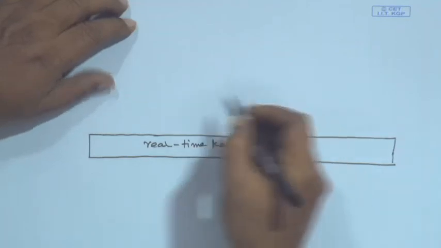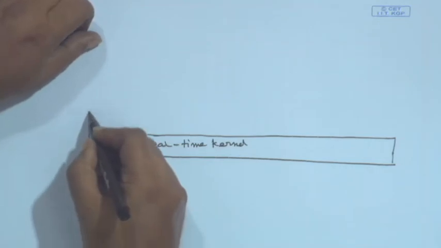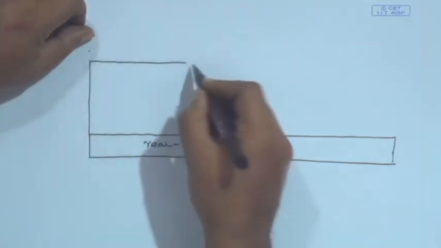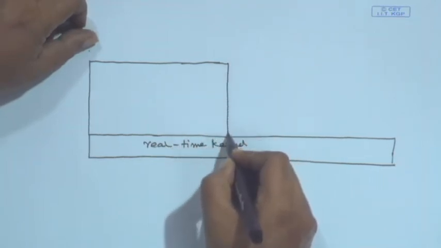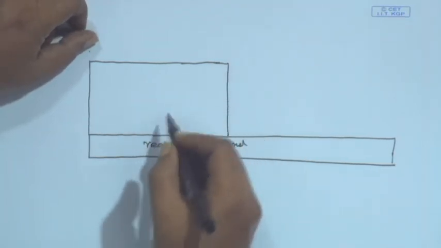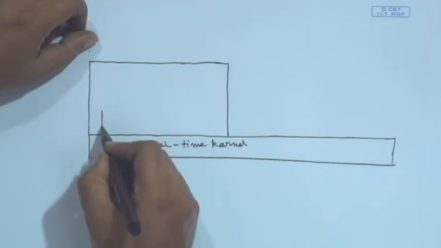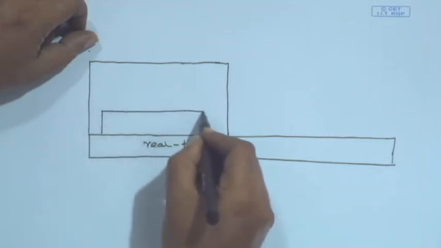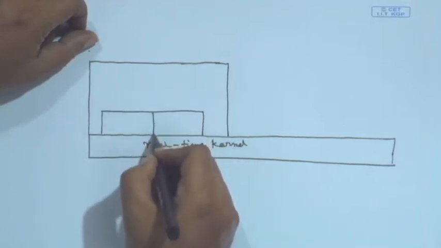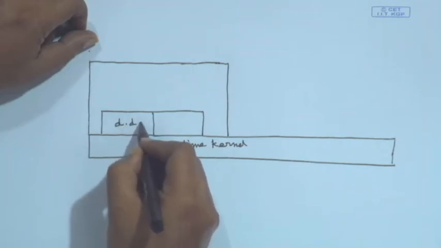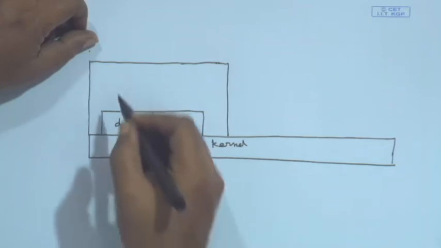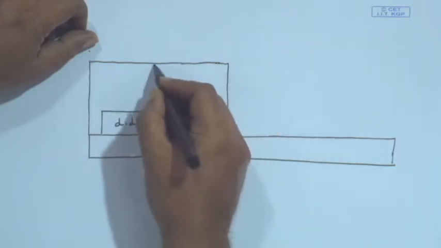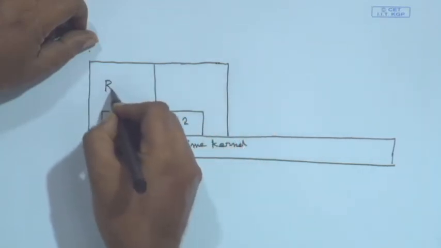Now, I am creating two compartments here. On this side, I have got my device drivers. All right. So, device driver 1, device driver 2, and on this I have got real time tasks, say real